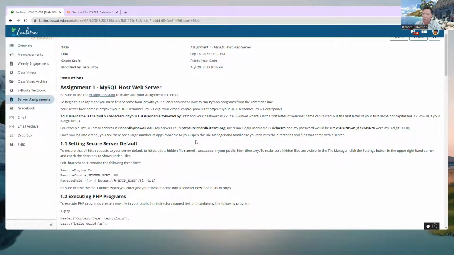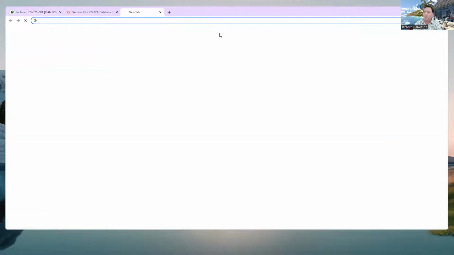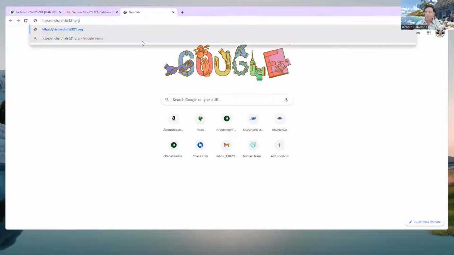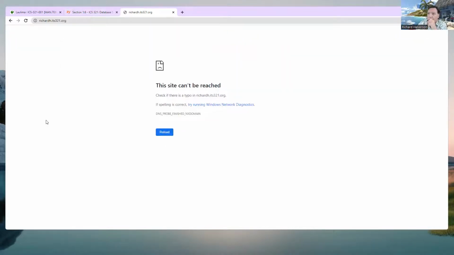The instructions are, your website looks something like this. My email address is Richard H, and you're going to do yours there, and you can go up to a new window, and I'm going to paste https://richardh.its321.org,